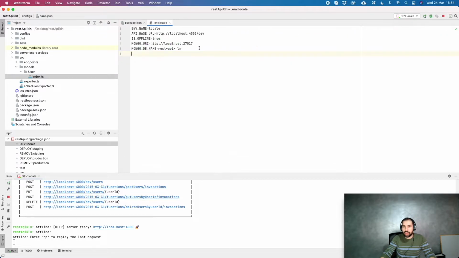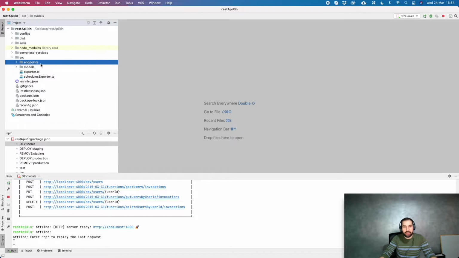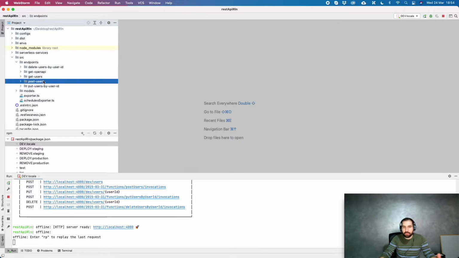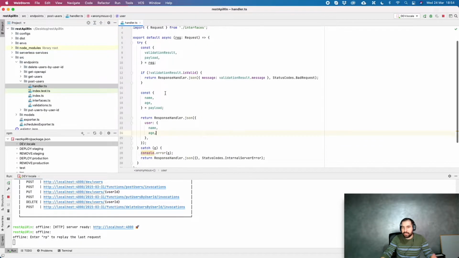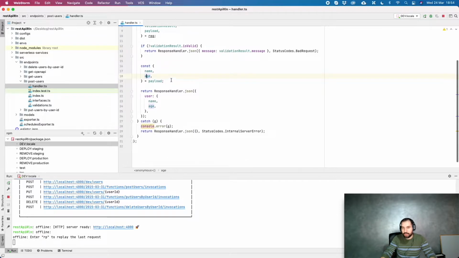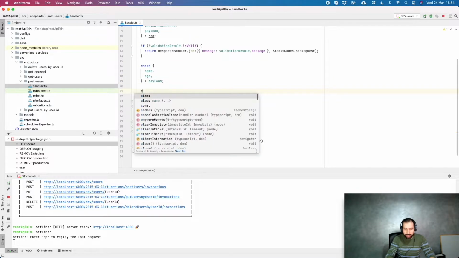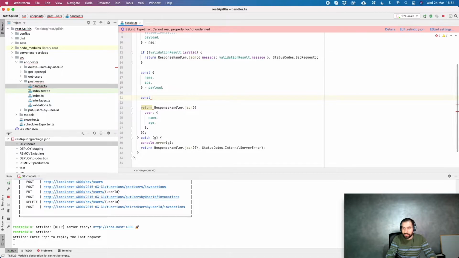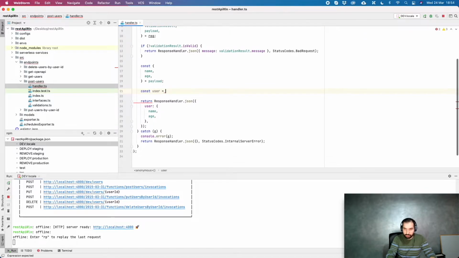So we can close now some file and we can go back to our endpoints. You remember that we actually already created some CRUD operations for our user resource or model. So we can go inside the handler. Here we were receiving a name and an age, and we were responding with this stuff. But right now we can actually create our user. So we can say const user